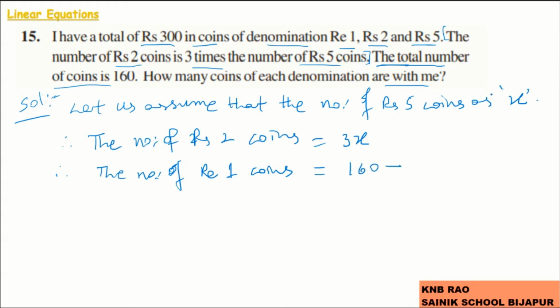If I subtract the sum of this X and 3X, which is giving the number of coins of 5 rupees and 2 rupees together. So this gives me 160 minus 4x, which is the number of coins of 1 rupee. Now, but it is given that